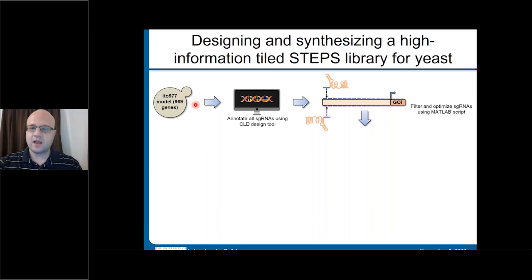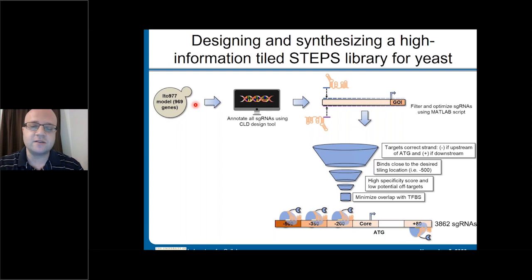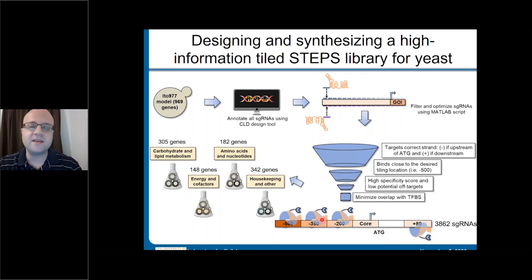So we did this and used our design tools to create stepping guide RNAs. We had a number of different requirements to be able to design these guide RNAs such that they would step to create alternative values for overexpression and repression, and then bin them into pools. So we pooled these into 4 pools, just mostly for convenience with our partners at the Joint Genome Institute as we're synthesizing these relatively large guide RNA libraries.